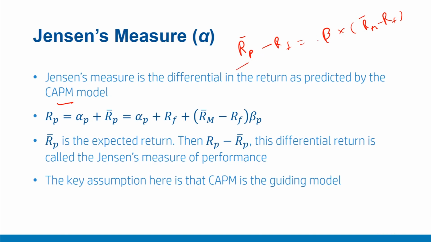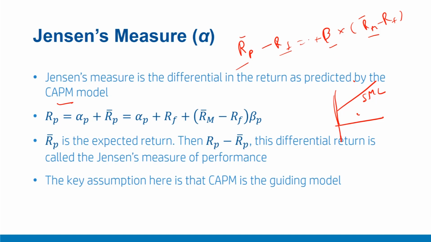RP bar is the expected return on security or portfolio, while RM bar is the expected return on market, beta is the sensitivity towards market, and RF is the risk-free rate. If we run this kind of regression model, we are expecting to obtain SML, this SML line. However, if a security is above or below, which indicates over or underperformance as per the Jensen's measure, how do